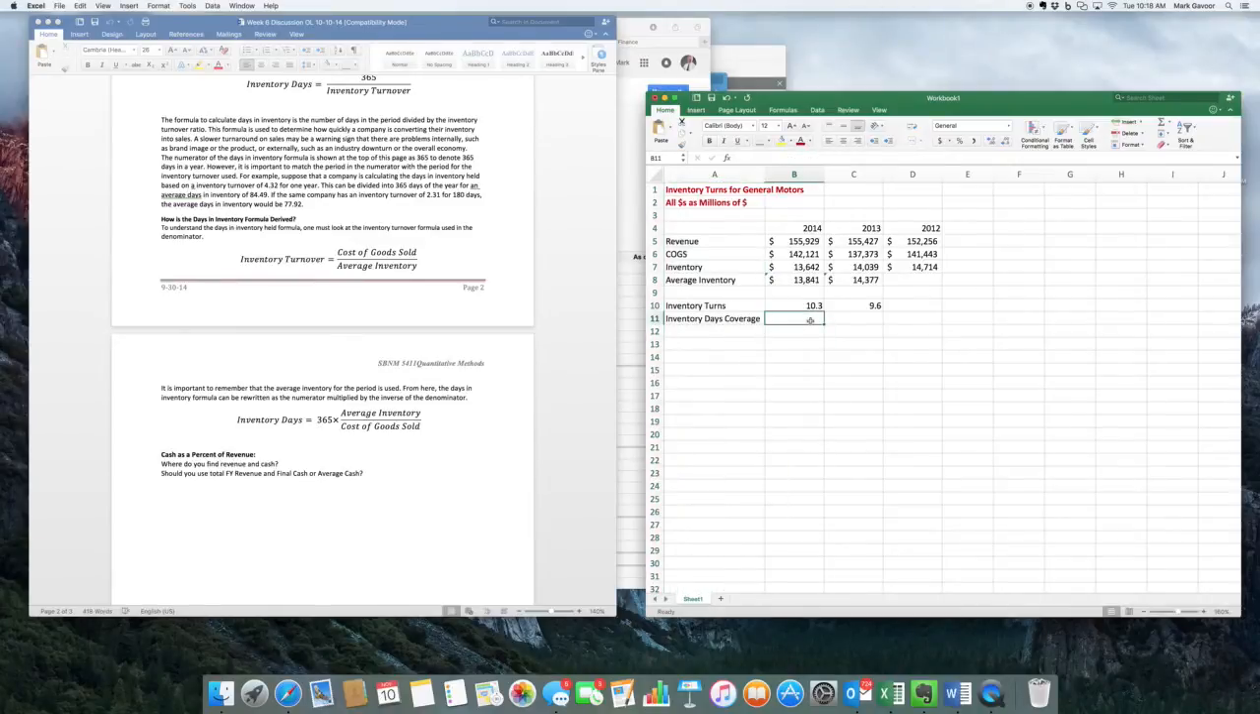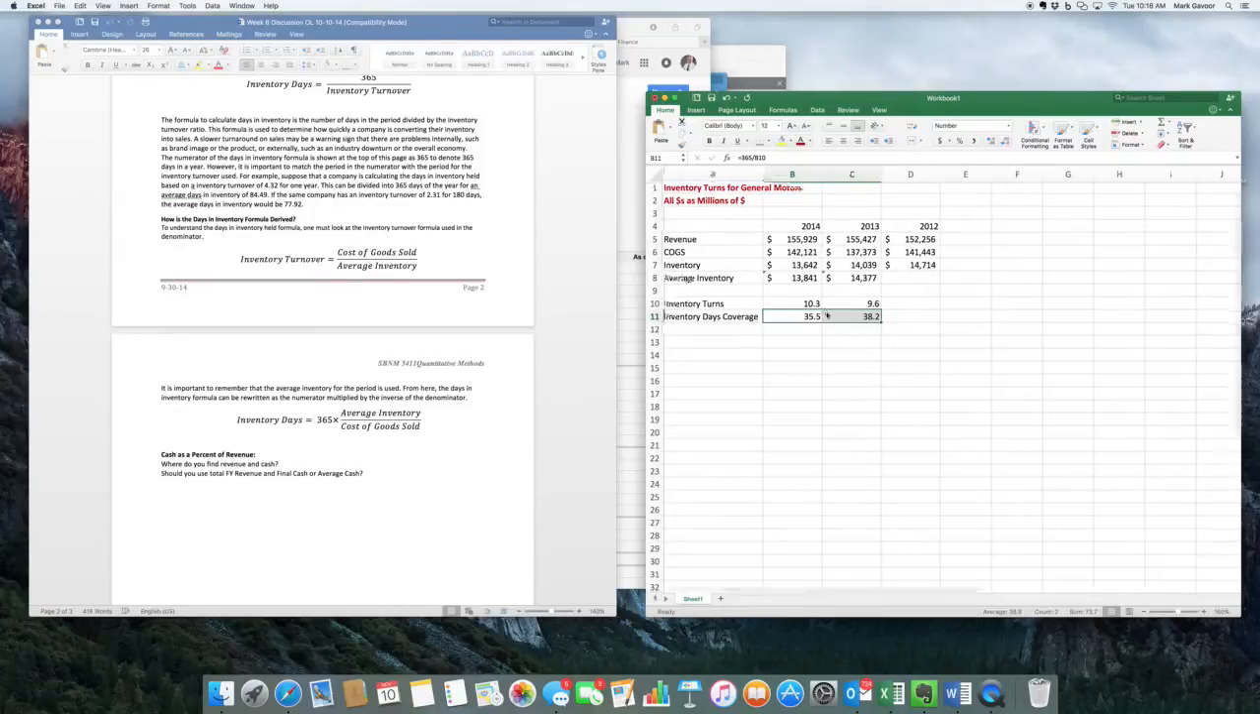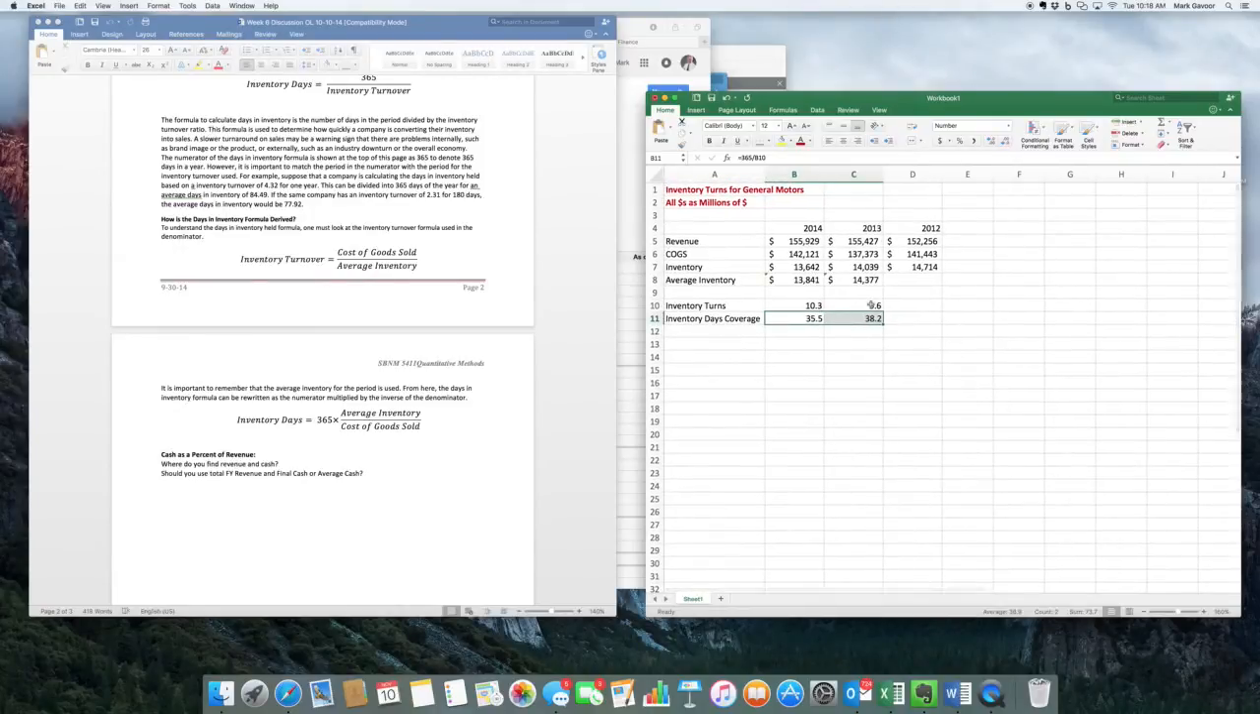So if I divide 365 by inventory turns, that gives me 35 days coverage. And if I want, I can reduce that to 1, and we can make it 1 decimal place. So I got 35.5 days coverage. And you can see as the inventory turns went up from 9.6 to 10.3, the days coverage went down, as